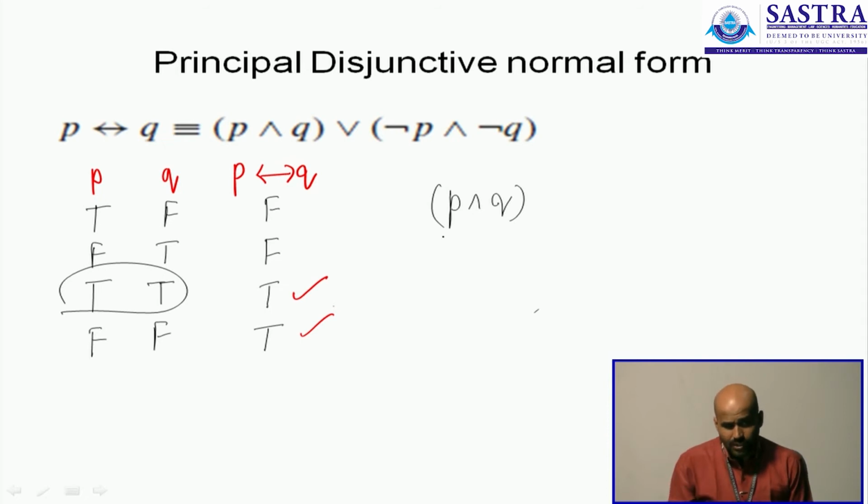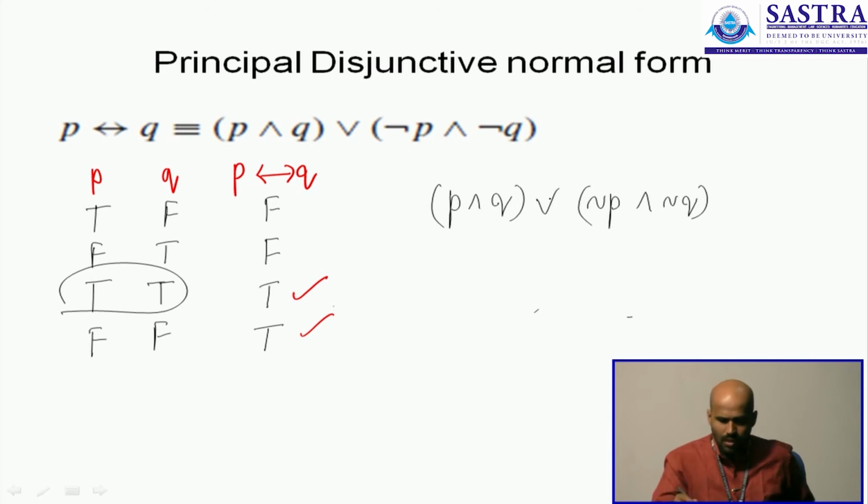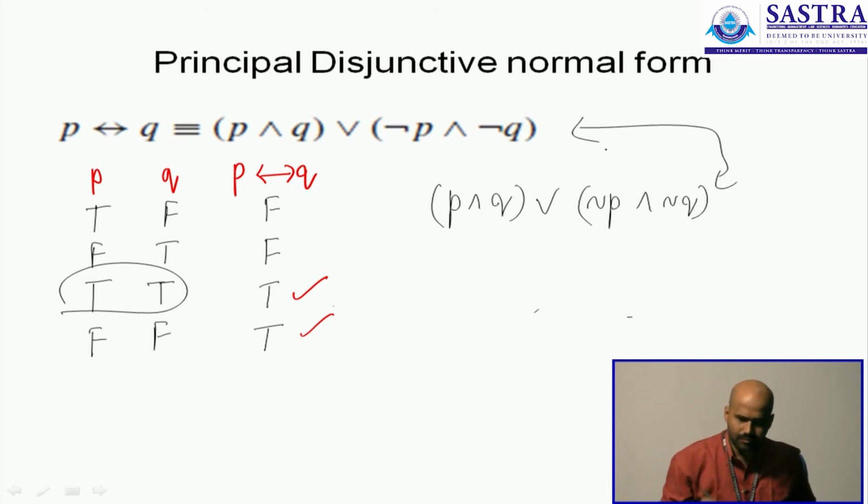And the second row that gave you a true answer was the last row. Last row talks about 2 false answers, which means P is negated and so is Q. You have the second product before you. So the first term is a product between P and Q. The second term is a product between negative P and negative Q. And since you are doing a disjunctive normal form, you will do a disjunction between these 2 products. And that is exactly what we had in the question.